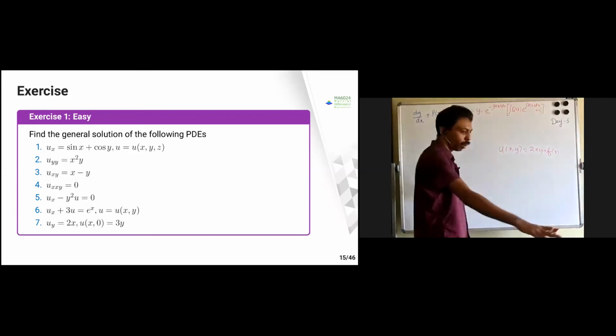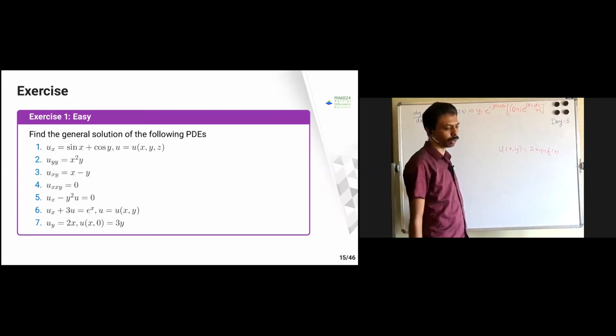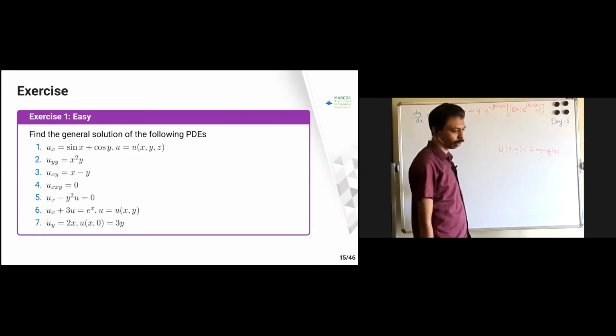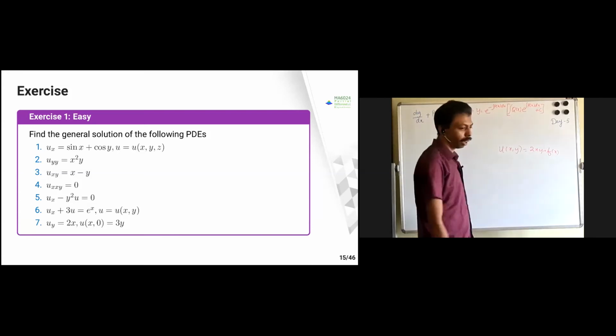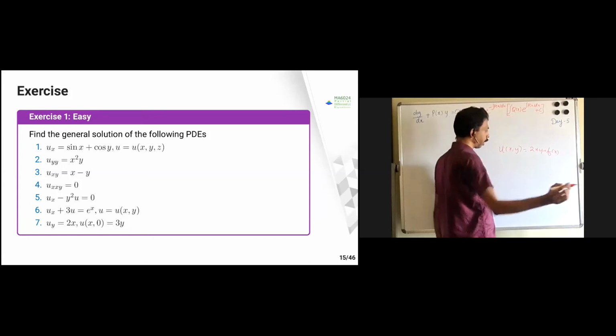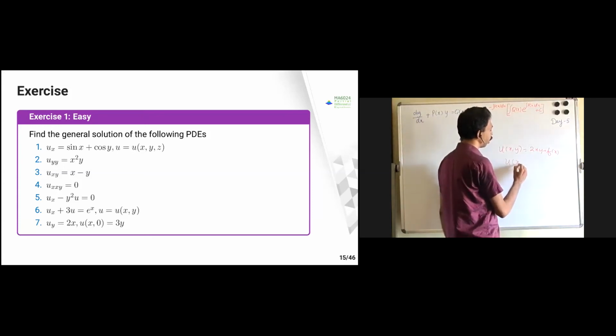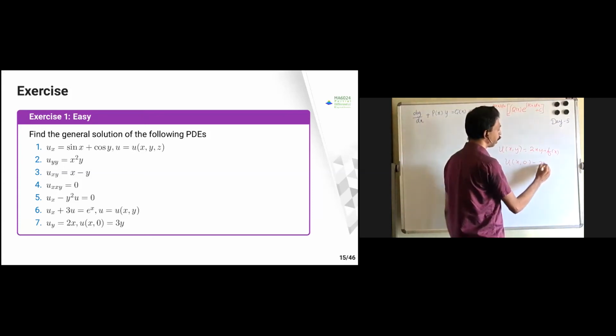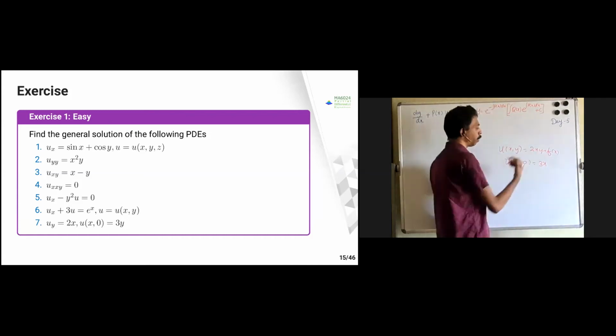So for this one we don't have any solution. If we put u of x comma 0 equal to 3y, it should be a function of x. This is not going to solve anything. If I assume this is some three-dimensional variable, probably you can, but this is not having any solution. So suppose I say u of x comma 0 equal to 3x instead of 3y. If I say 3x, then what will be the solution here?